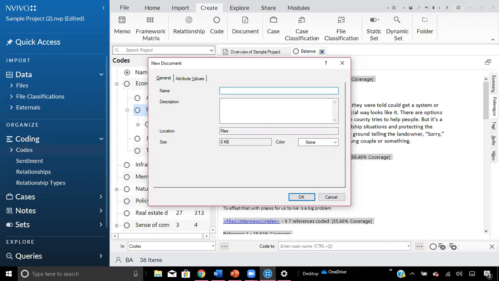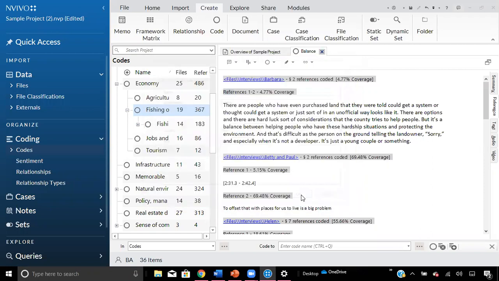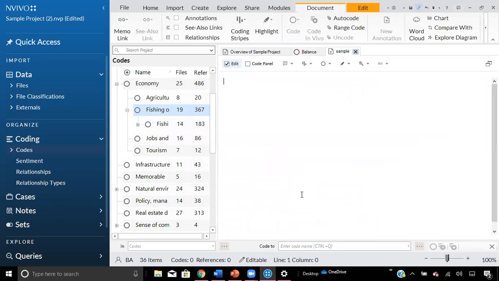So we're going to just put sample, and then hit OK. And the document has opened. So in the new document frame that just opened, you can paste the text into it to create the document.